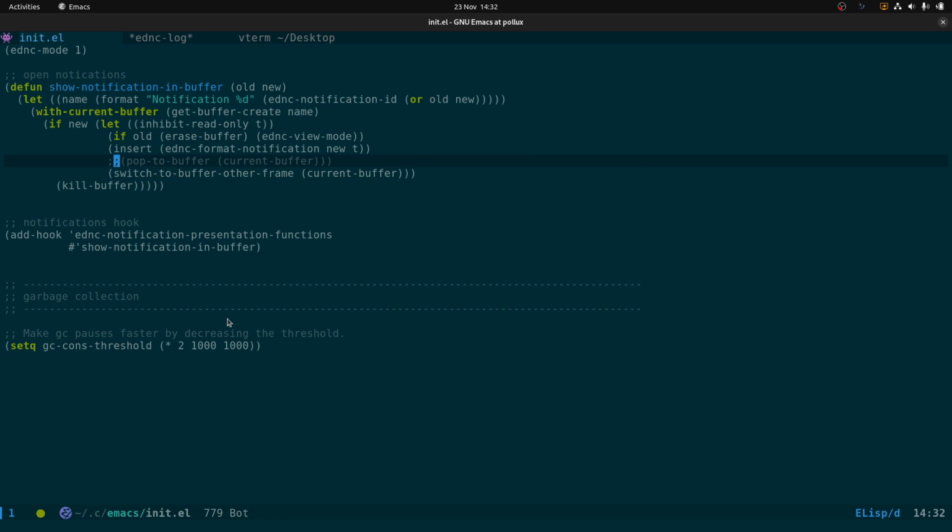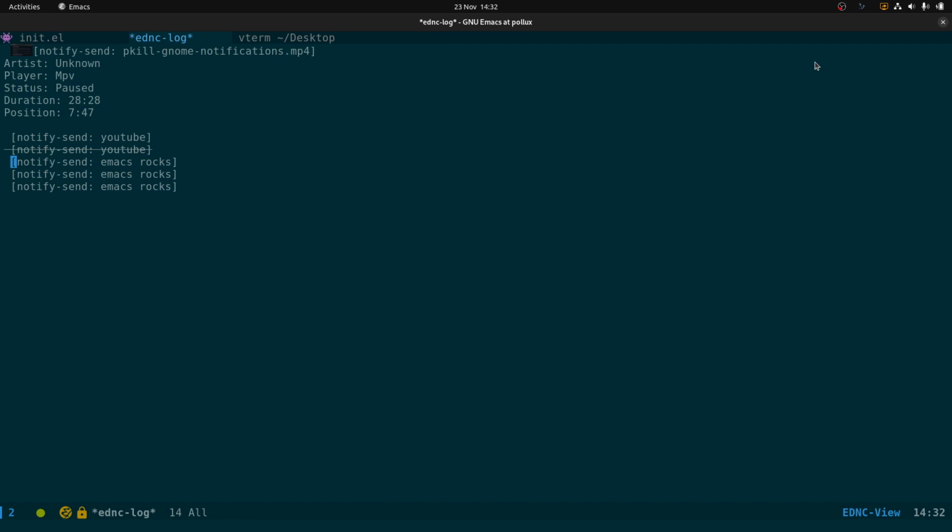So we've got pop to buffer, current buffer, and what that does is that creates the buffer down here. Then we've got switch to buffer other frame, and that's what opens the notifications in a new frame, which is, I guess, what you really want, so that you can actually see the notifications when you're not in Emacs, because otherwise you might miss them. So that's some of the things I've come across, and I think it's more useful than